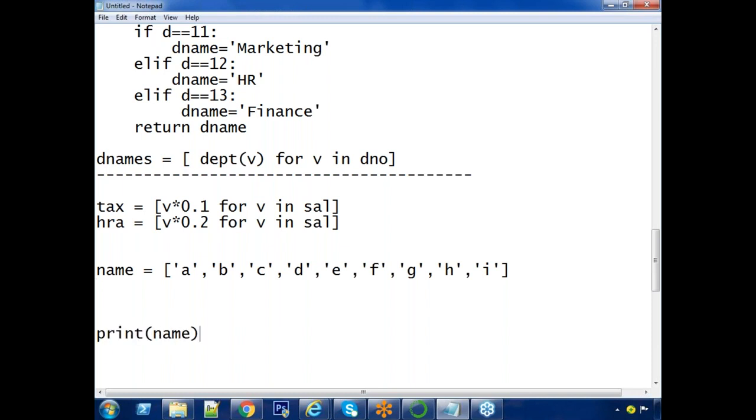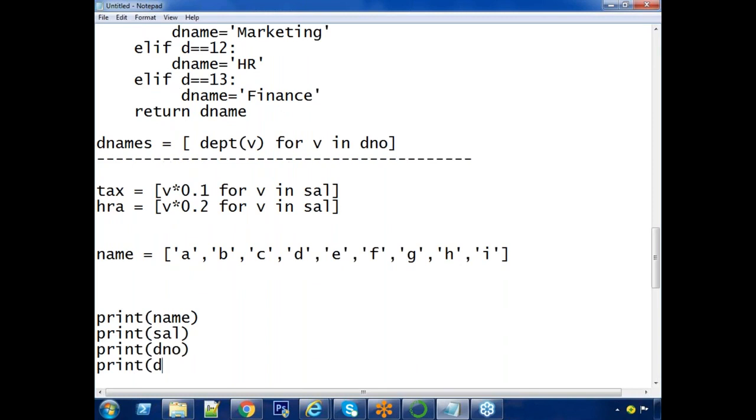print name, their salaries, department numbers, their department names, their grades even, and his tax also, HRA also.